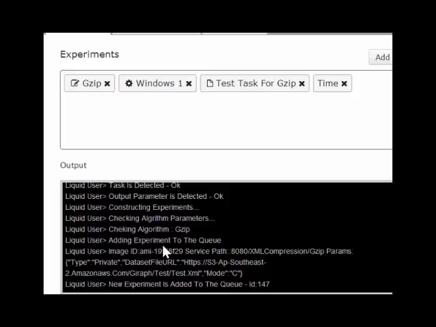Algorithm is gzip, adding experiment to the queue, and this is basically our inputs. So the image ID, service path, and this is the exact input in JSON format. All of the communications between Liquid Benchmark platform and all other services are on the standard JSON format. So this is the input parameters, and we have our new experiment added to the queue, and the ID is